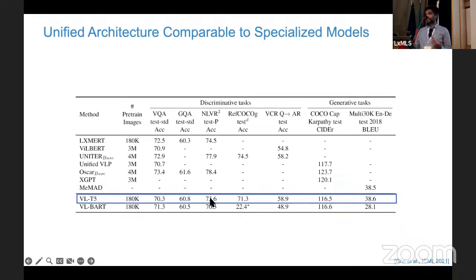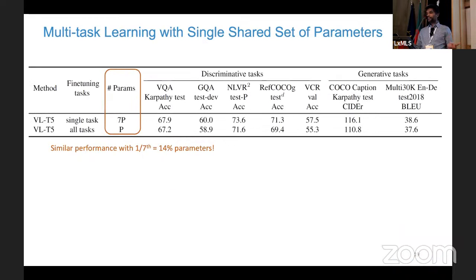So VLT5 with a single architecture can maintain most of the performance. And then the second more interesting part is that it can also reduce its parameters to 14% because it's the same architecture. So with 1/7 of the parameters, it can still get reasonable performance and not drop too much.